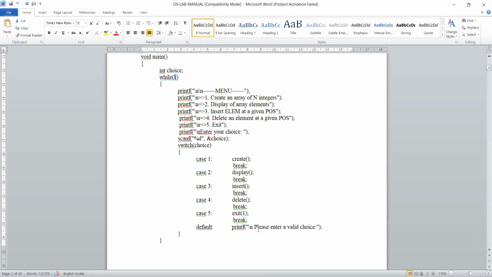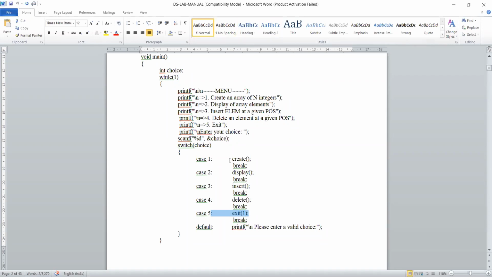Okay. Like when we press 1, it will come out of the loop, no more? No. If you press 5, then it will go, enter your choice 5, case 5. In case 5, what am I doing? I am calling an exit function. Exit function and break function, there is a difference. Please observe, good question you have asked.